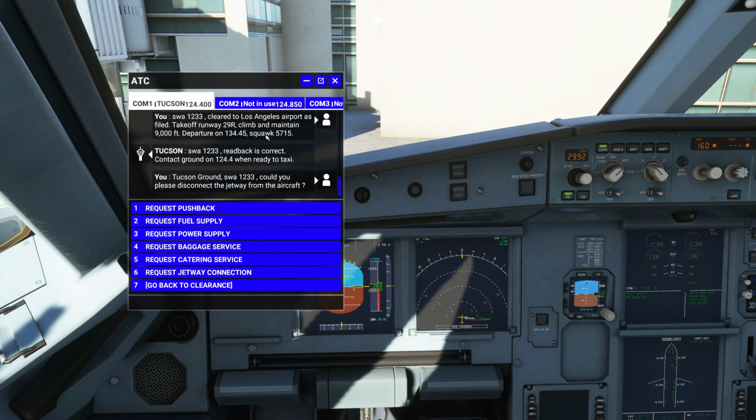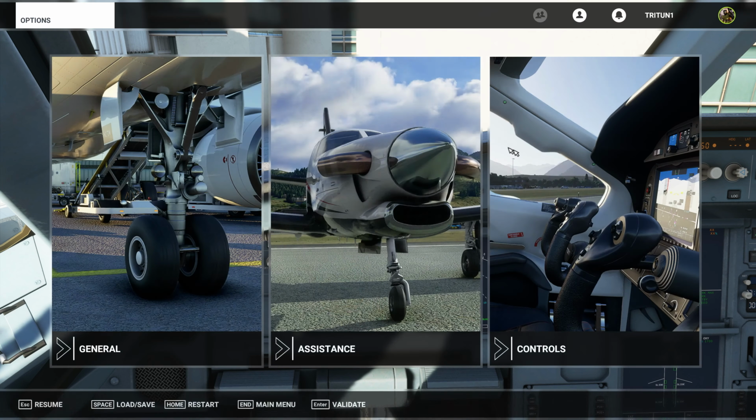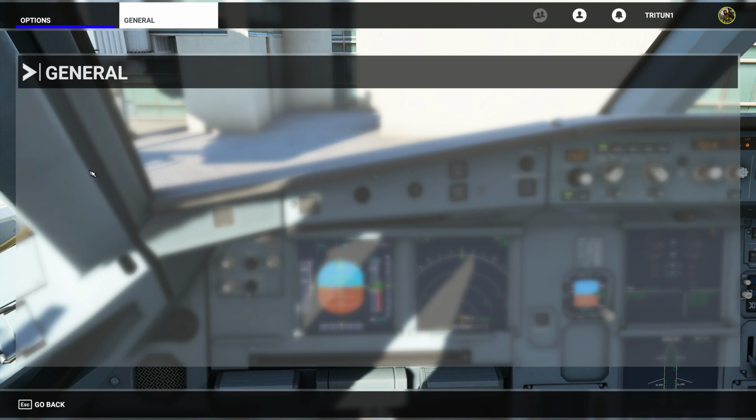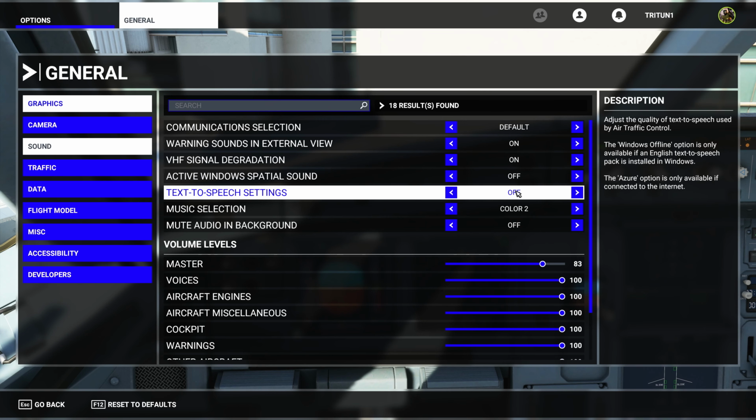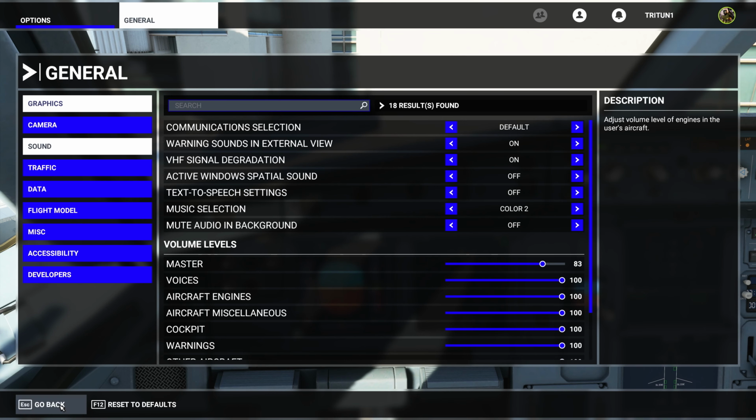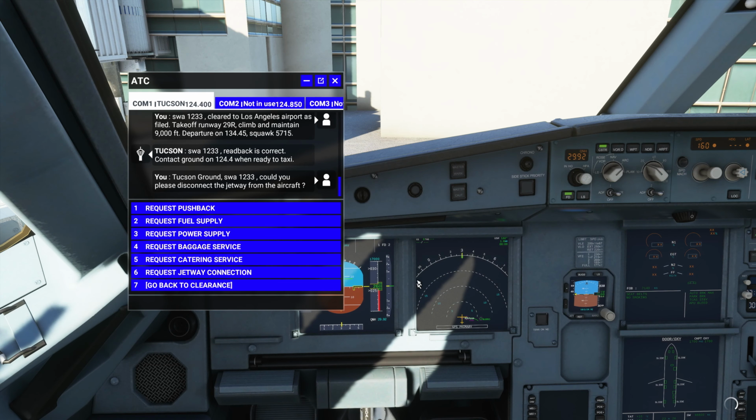A little tip, if you guys have the ATC voices on, I recommend disabling them during pushback at least, and I'll show you why. So you want to come in here, go to your settings, go to general, go to sound, and text-to-speech settings, turn these to off while you're doing your pushback. Otherwise, when we go set pushback,